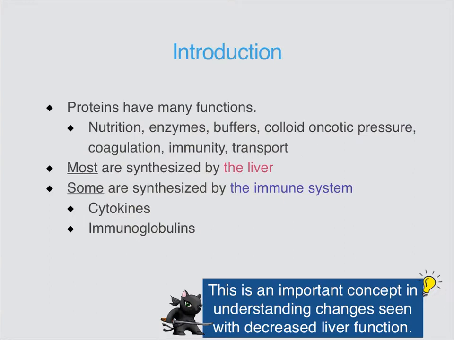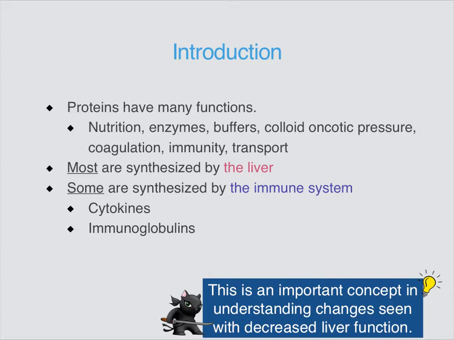So as we know, proteins have many functions. They're involved in nutrition and enzymes and buffers and on and on and on. So there's lots of them, and they are present in our plasma as solutes. Most of these proteins are synthesized by the liver, the overwhelming majority of them. And you've made friends with the liver with Dr. Thrall, and you've learned about the fact that albumin will decrease in liver disease, and our coagulation factors won't be made properly when there's liver failure going on. So it's an important concept to understand that the liver, in addition to all its other major functions, also makes